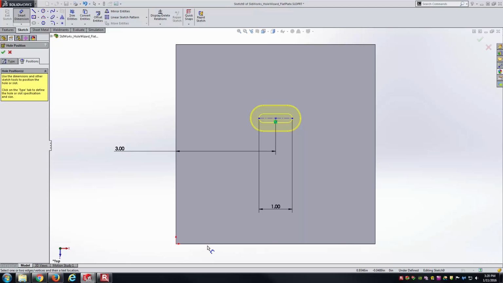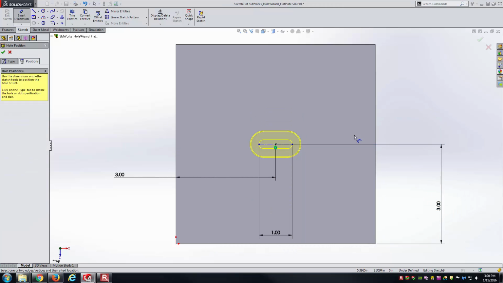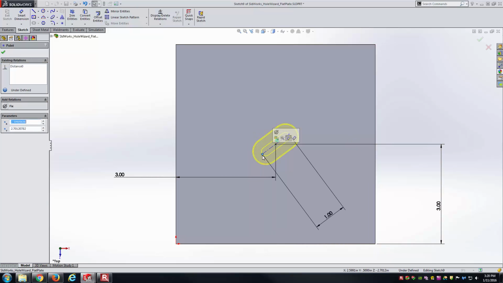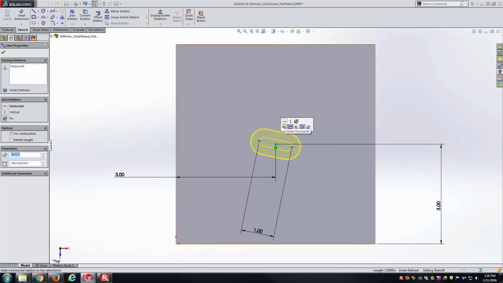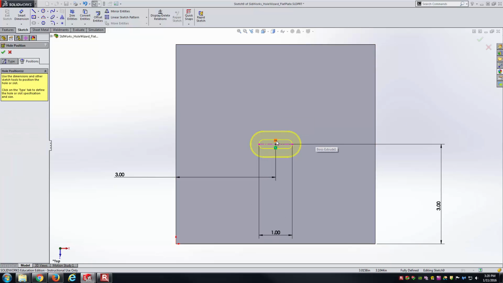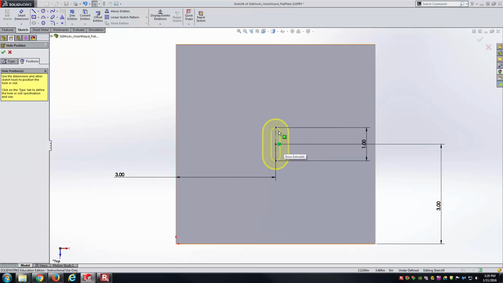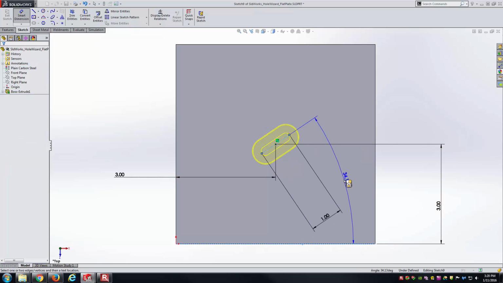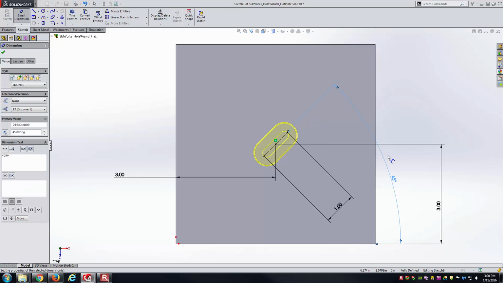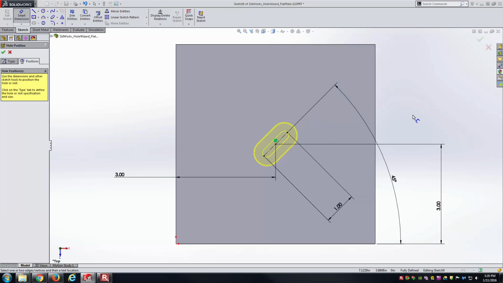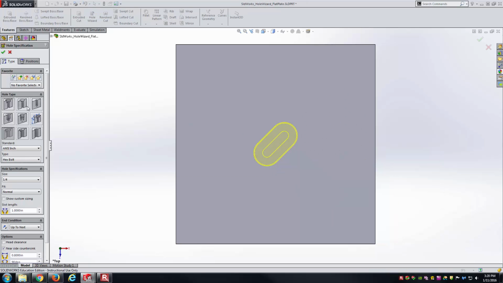If you want, we can put it right in the middle, but that's not quite fully defined for the slot because we're going to have to specify the orientation of the line itself. And so we could use just a geometric relation, so there's horizontal or vertical here, or we could have some intermediate angle really. So we could put it something like this and then apply an angle relationship there in order to, say, get 45 degrees. Once I'm happy though with the Position tab, I go over to the Type tab, and so here